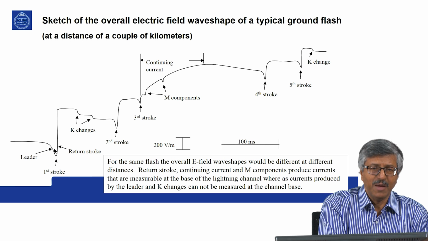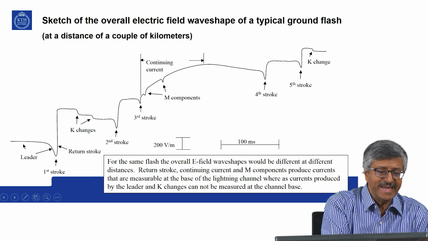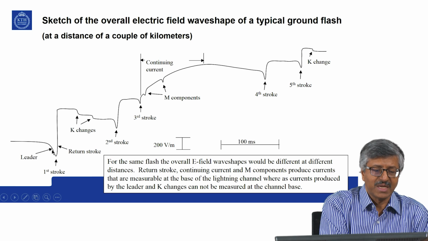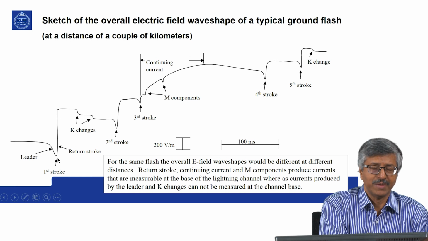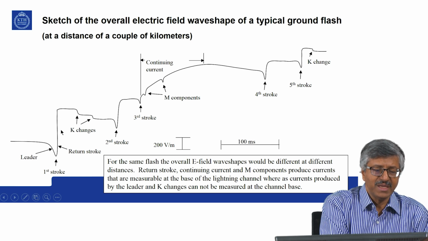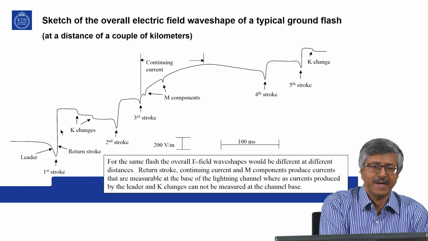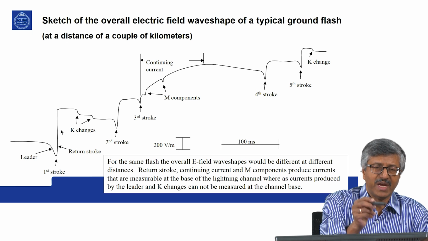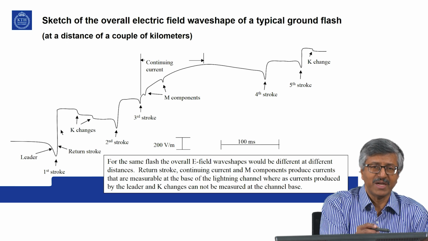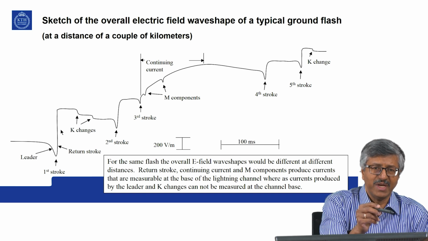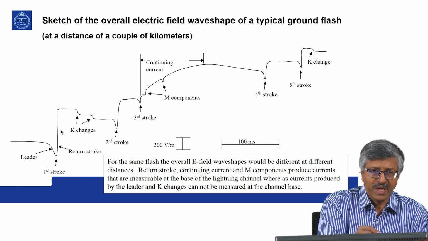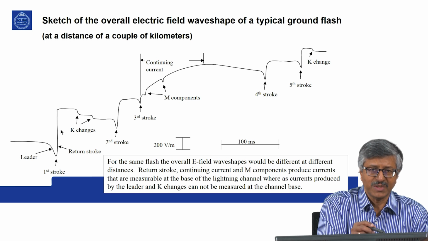So there is an empirical formula between the charge in the leader as it is coming down and the peak current in the return stroke. So this peak current in the return stroke will decide at what distance the lightning will decide where it will strike. So the last 40 or 50 meters or even 100 meter distance from the tip of the leader to the striking object is very crucial, because it is during that time